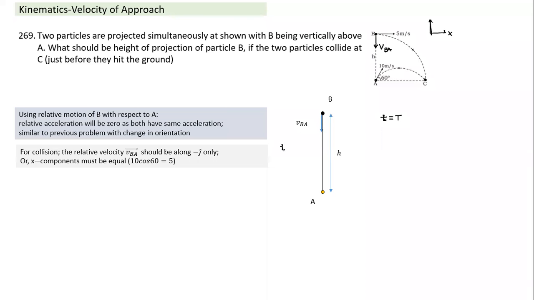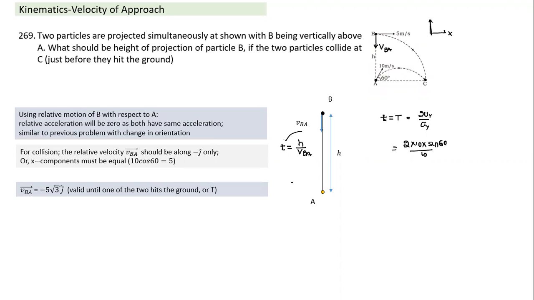What is the time of collision from here? Time of collision is equal to distance along the line divided by velocity of approach VBA. And what is VBA equal to? Let's do that. The second thing, I can calculate the time of flight of either this projectile or this projectile. Anyway, both will have the same time of flight. Here the height is not known, but this I can calculate. Capital T, the time for collision from this figure, when it's about to hit the ground, is 2 uy by ay, which is equal to 2 into u sine 60 divided by g.